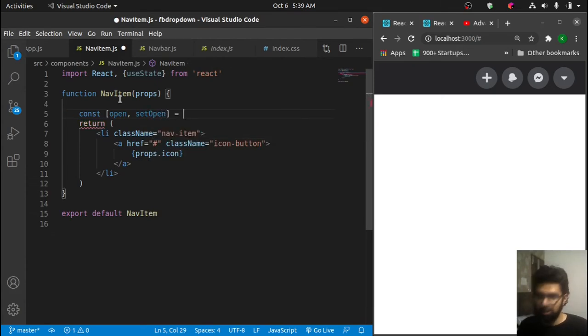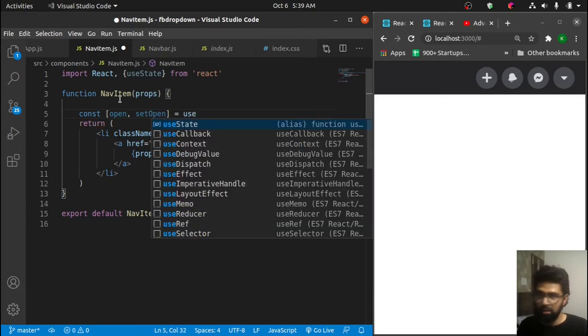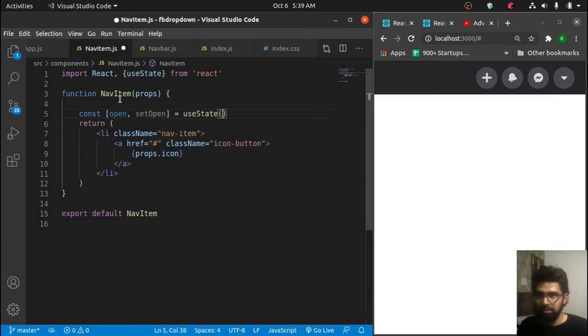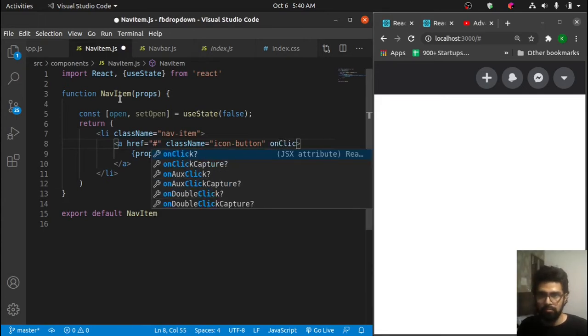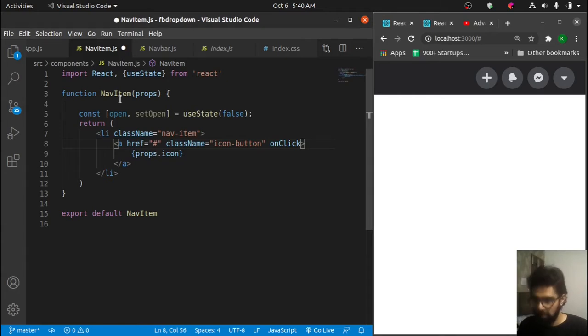So set open, and initially define it as a false boolean value. So in the starting it is false, and then if we click on it, so on click,